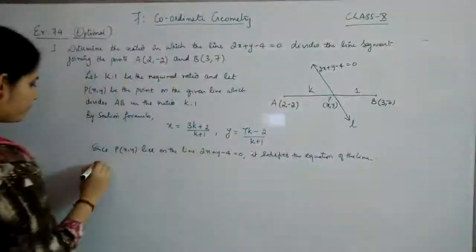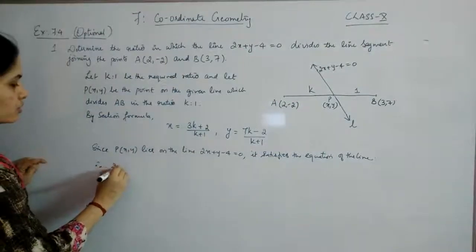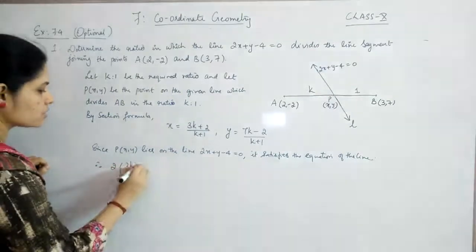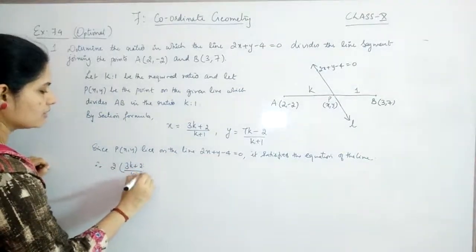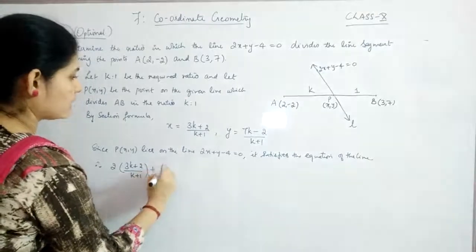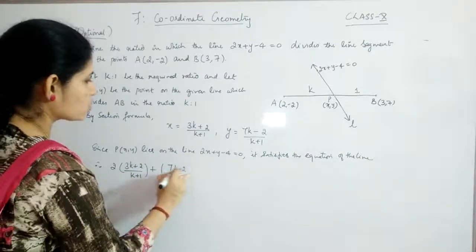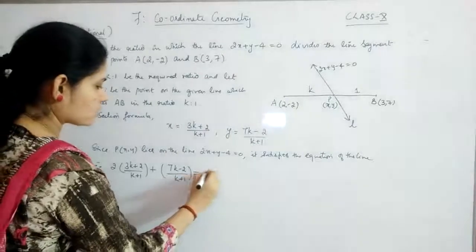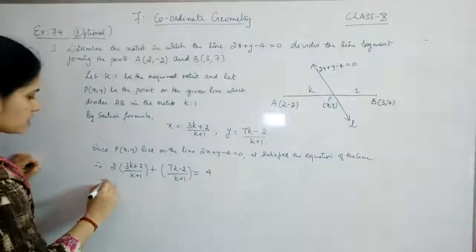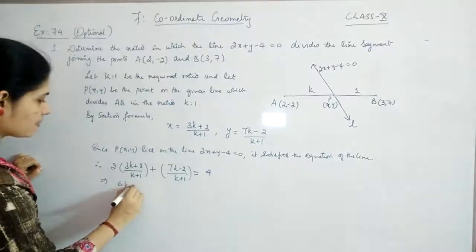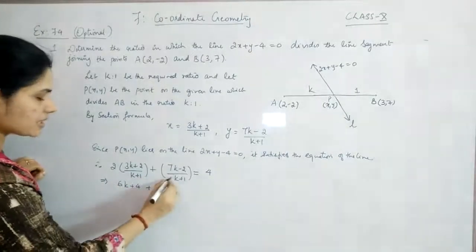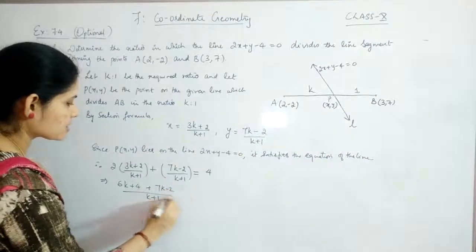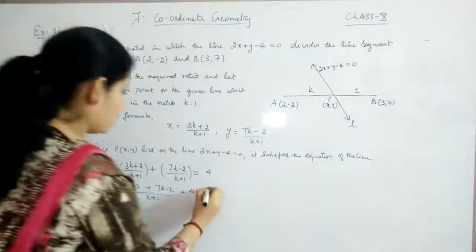That means you will get 2 into, instead of x you can replace the value you have got in terms of k, that is 2 into (3k plus 2) by (k plus 1), plus y which is (7k minus 2) by (k plus 1), minus 4 equal to 0, or is equal to 4. Now simplifying you will get 6k plus 4, and since the denominator is the same, you take it in common, divided by k plus 1, giving you 4, or